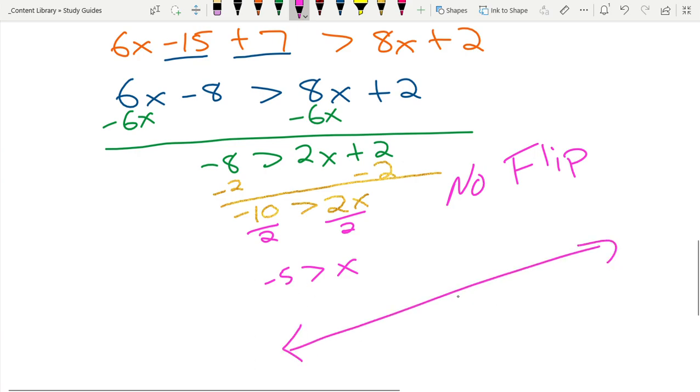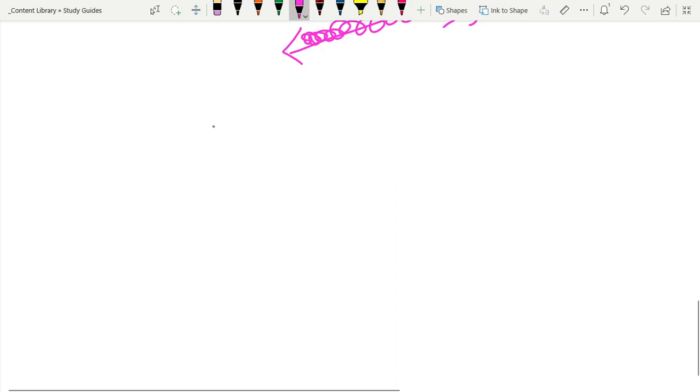And then if we make a number line, put a number at negative 5, put an open circle that says it's smaller. So to get smaller, you move to the left. All right, on to our